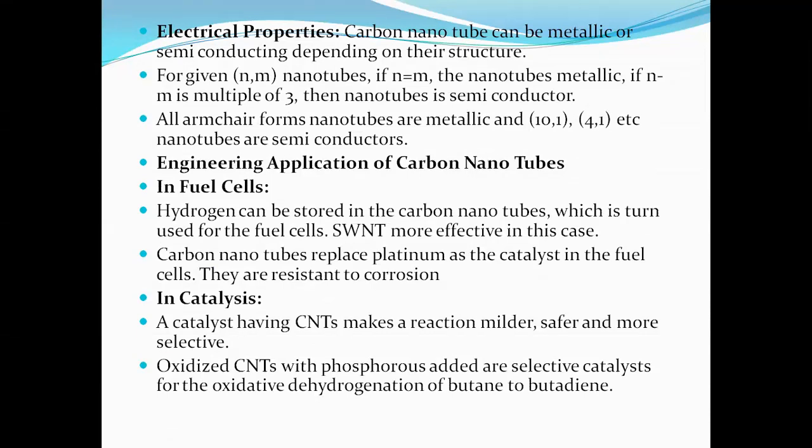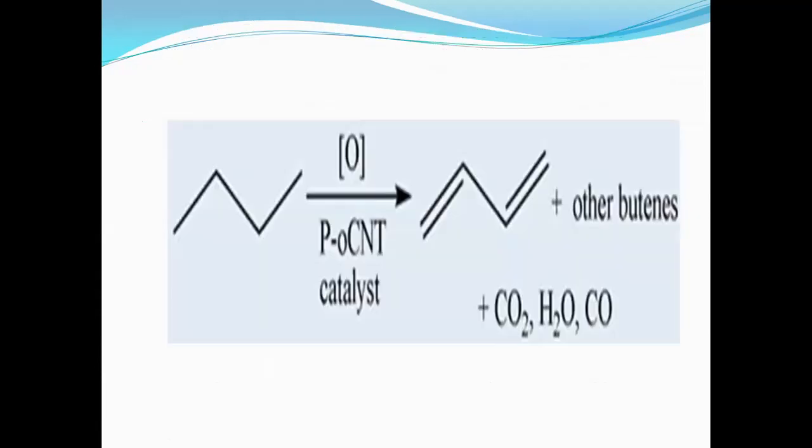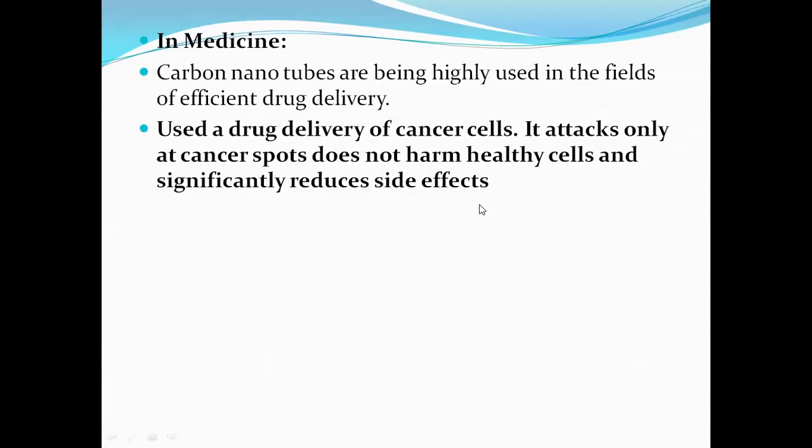Number three, the classification: nanomaterials have excellent catalytic activity. They are known to be catalysts. They can be used in hydrogenation reactions, dehydrogenation reactions, and oxidation reactions. In the oxidation reaction, we are using a platinum CNT catalyst, which increases the rate of reaction. The process we call dehydrogenation is where butane is converted to give 1,3-butadiene. Carbon nanotubes are also used in the treatment of HIV, cancer, and coronavirus, right?